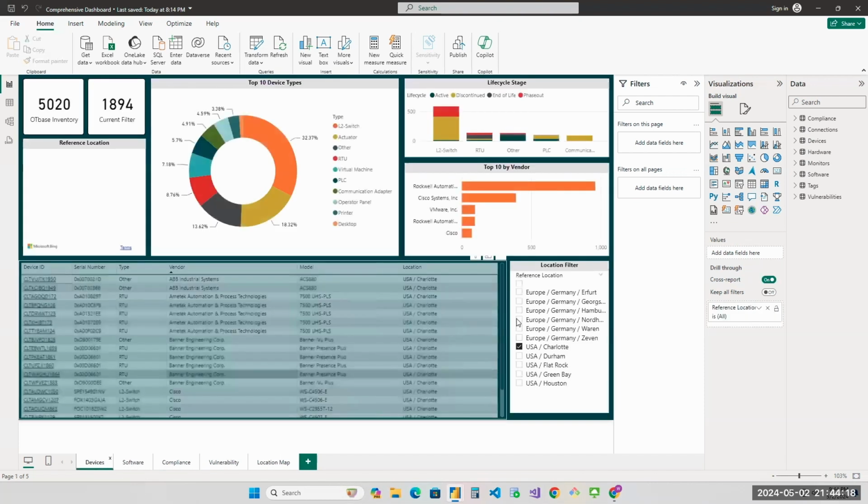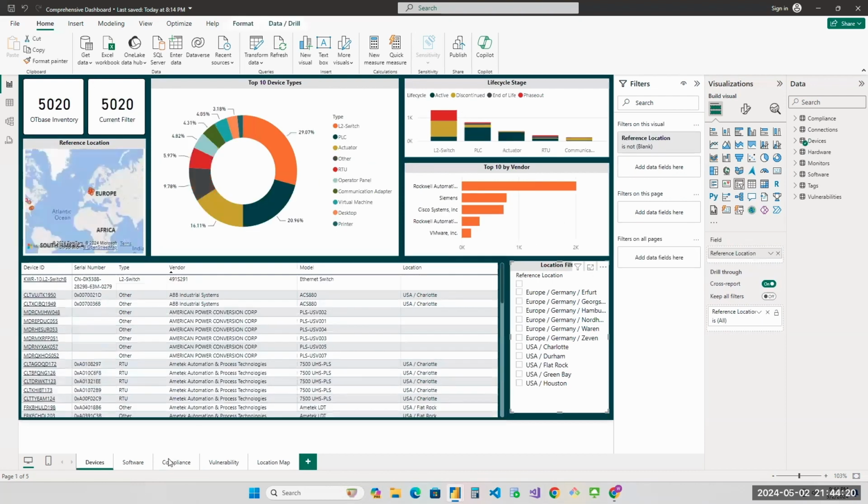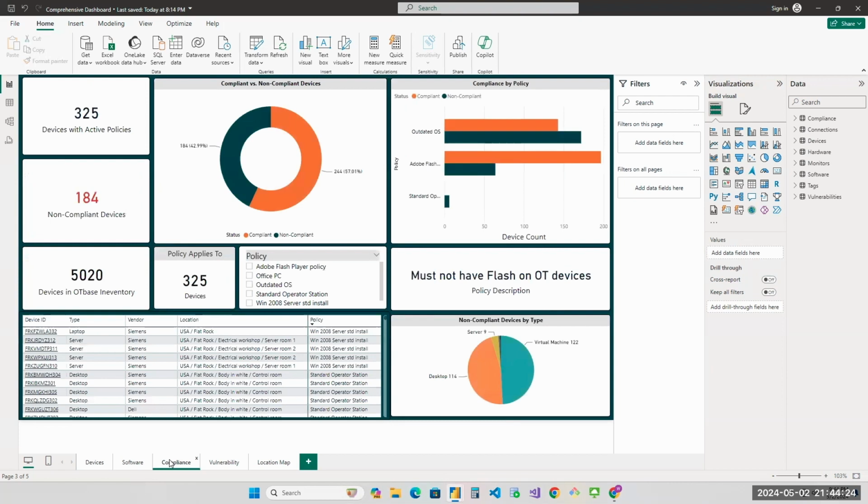So that may be covered in a different video, but it's a little out of scope for this one. But that is a possibility, and there are a number of different ways we can do that. So we might look at that later. As far as the compliance dashboard, I built a really simple